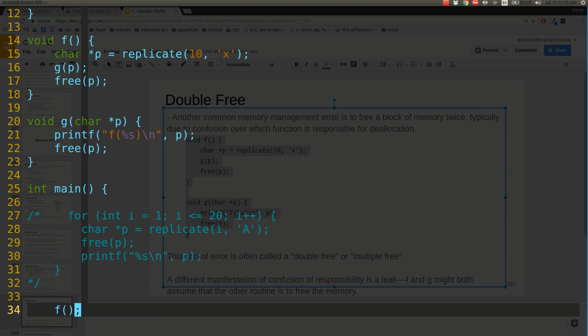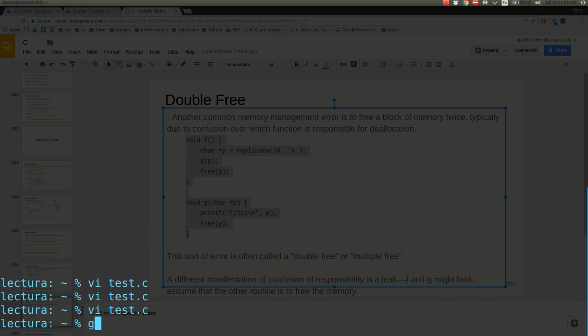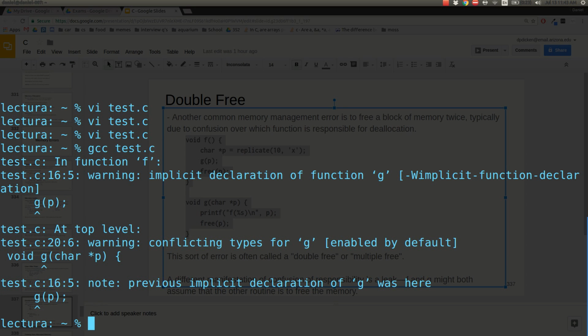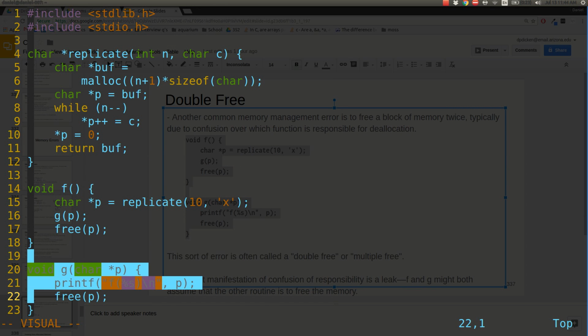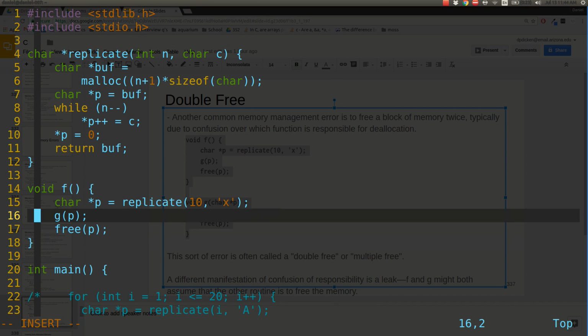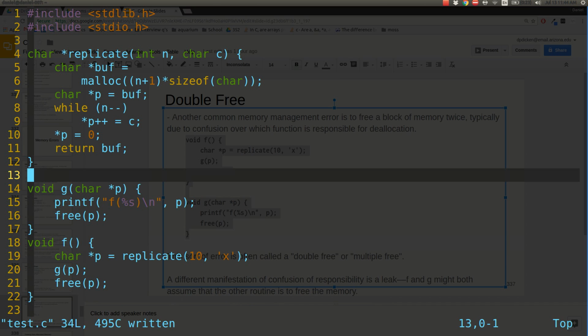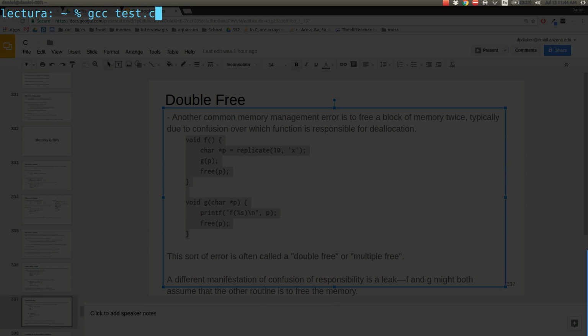And we'll call f within our main, okay? So we'll compile it. What's the declaration? That's because we put the G. Oh, because G's after it. Yeah. True. Okay, so we move that. Alright, so if we go ahead and run this,